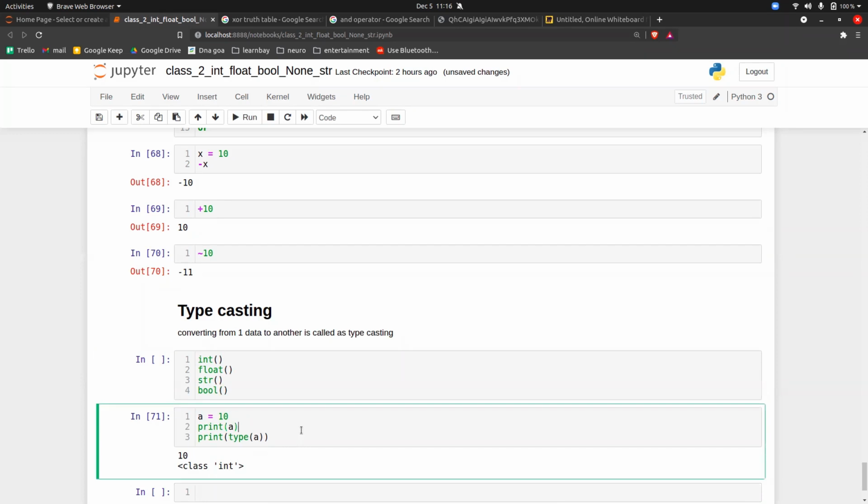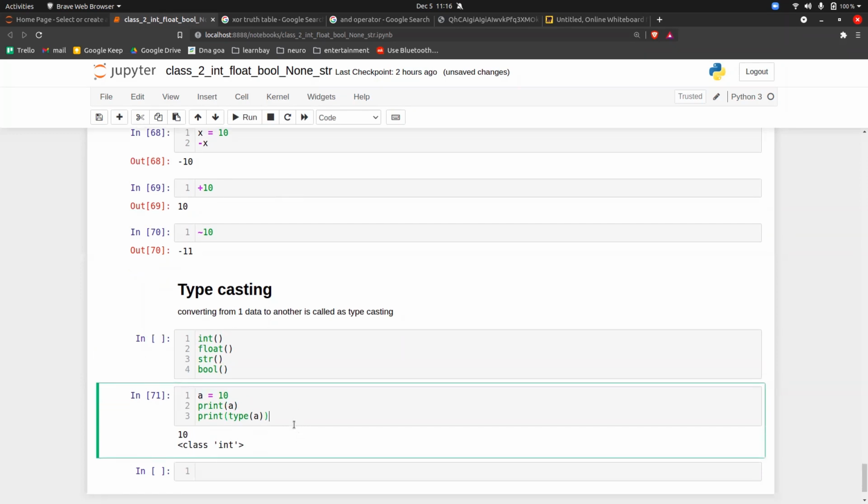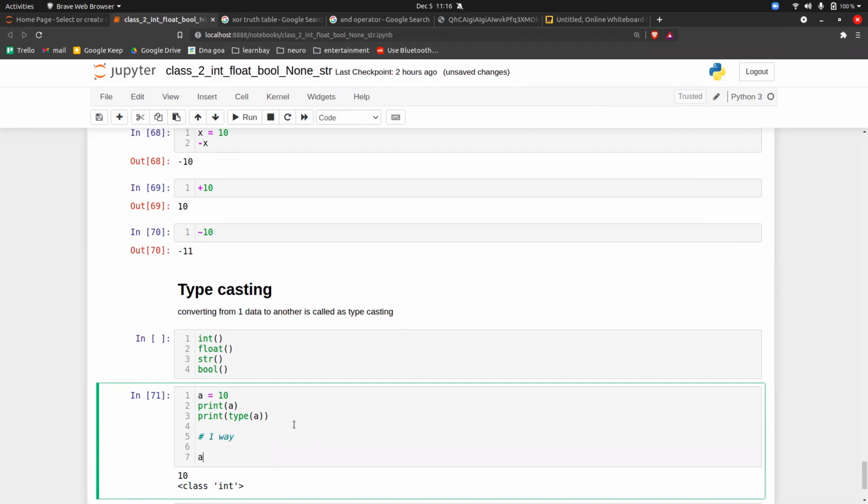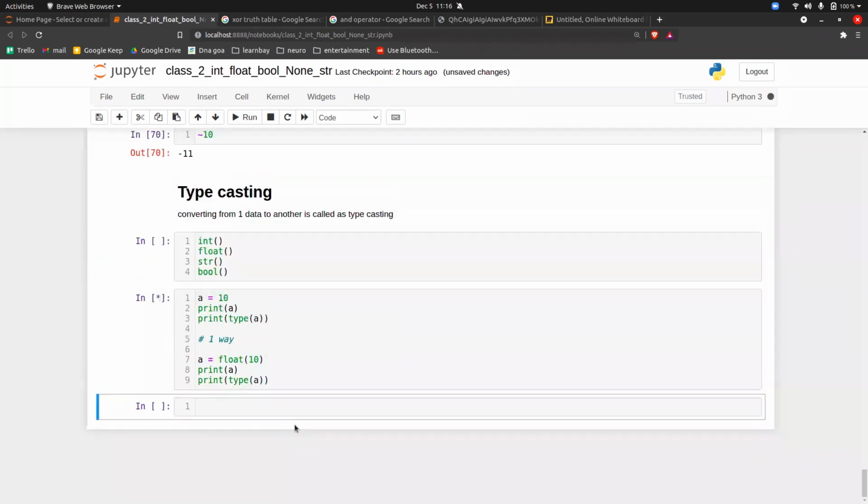So for example, if here you want to convert this integer to float, there are two ways. The first way is you do a is equal to float of 10. So this 10 will be converted to float and then stored in a. Then print of a, and for confirmation, print type of a and execute it.